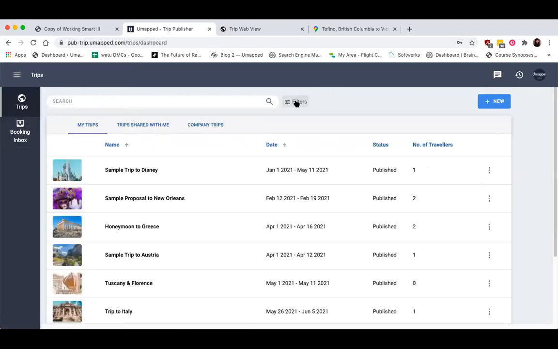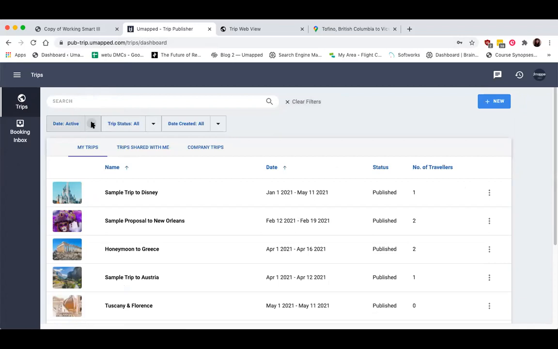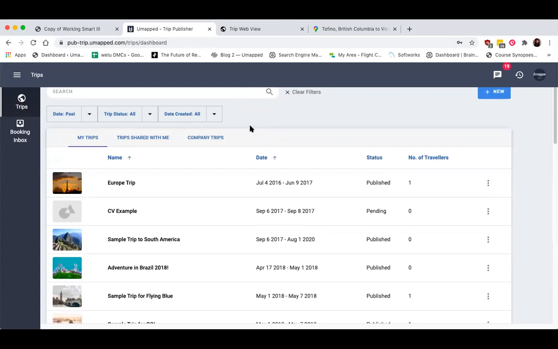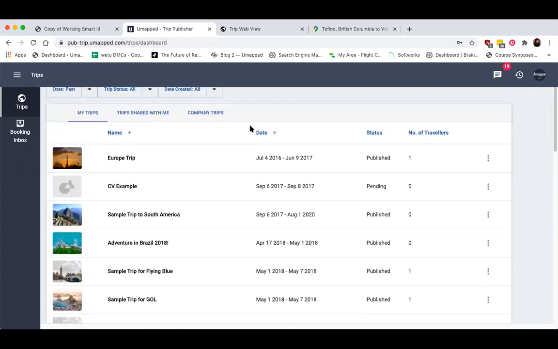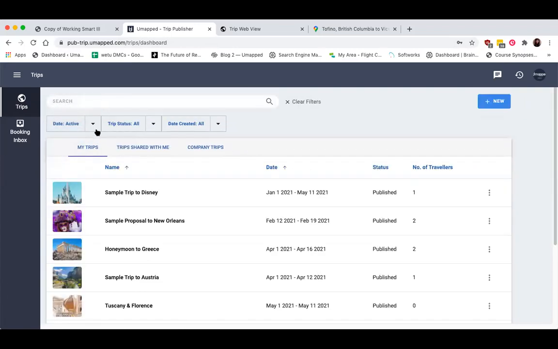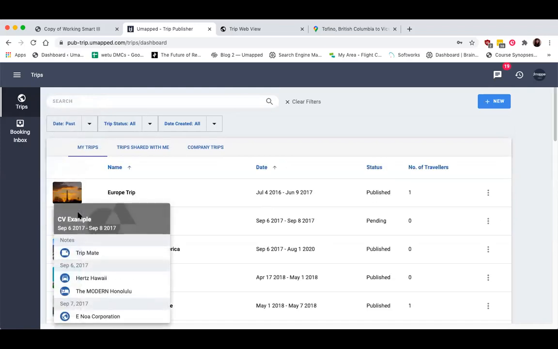So to actually find those past trips, first of all, we're going to click on the filters right here, and we're going to filter by past trips. So all of your past trips are still there. They just aren't the first thing you see, because I know a lot of you probably have upwards of 100 to 200 trips saved in your past trips. So we don't want you to be cluttered with all of your past trips instead of the stuff that you want to focus on by default. But if you want to go find a past one, you can filter by past.